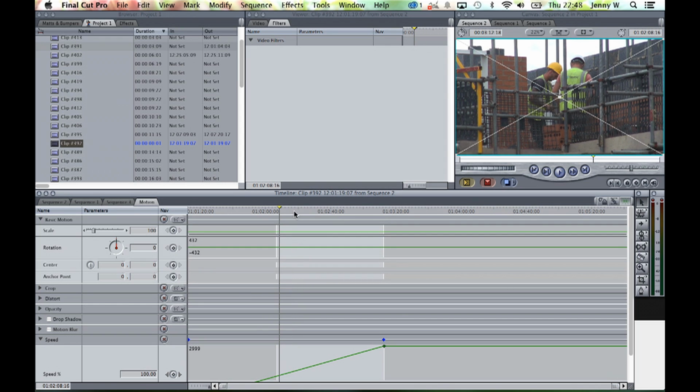Instead of zooming in by just increasing the scale, I might want to zoom in to a specific point in the picture. So I would add a keyframe on the scale parameter, but I would also need to add a keyframe on the center parameter. So I would like my picture to start with the center where it is, but say I would like to zoom into a certain point, I would add another keyframe at the point I want it to reach. I would zoom in,